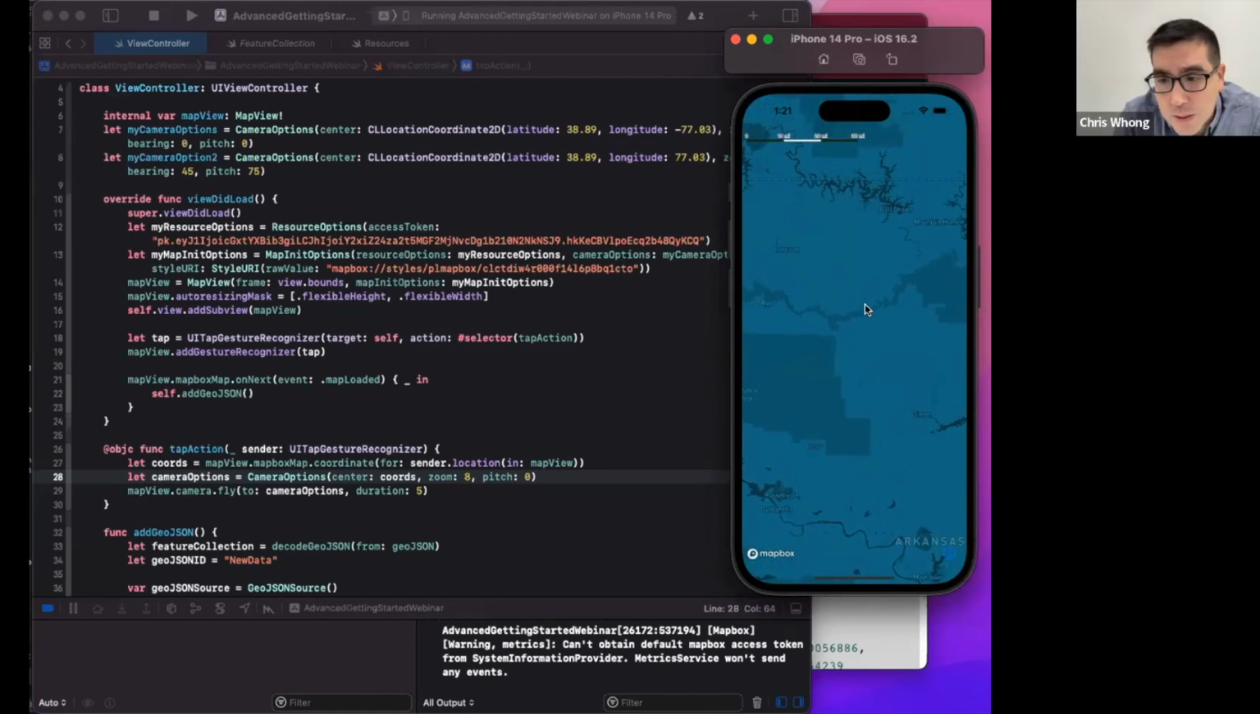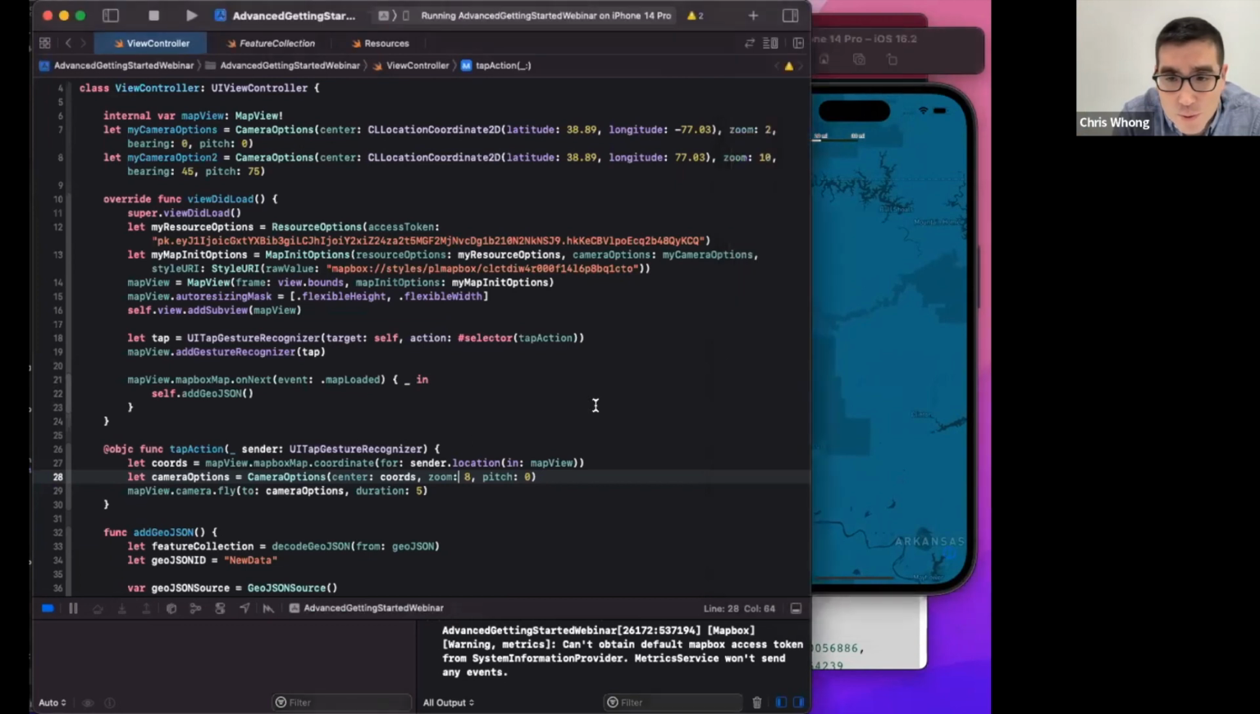And he mentions instantly moving between locations, which means, like, you use flyTo here, but you could just set the center or set the zoom, right? You could. Is there an equivalent method for that? Yeah. So if you